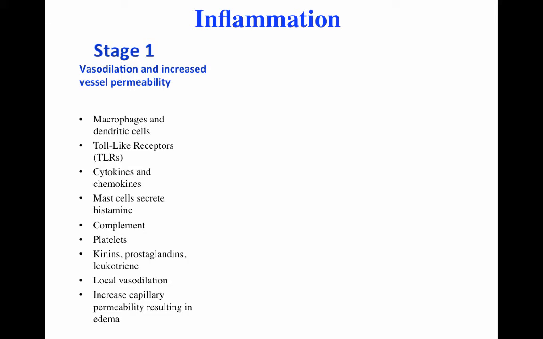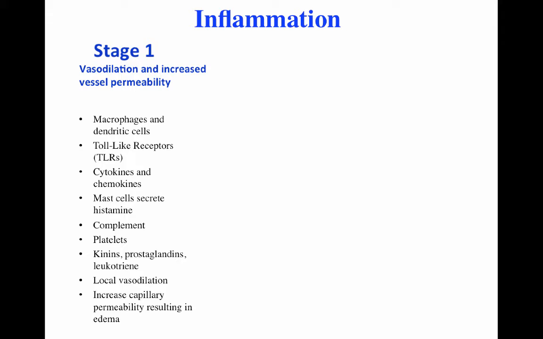There are three stages of inflammation. In stage 1, there is vasodilation and increased vascular permeability. Two of the main cell types found in stage 1 include macrophages and dendritic cells. The activation of TLRs will lead to the secretion of cytokines and chemokines, such as those pro-inflammatory molecules that we've